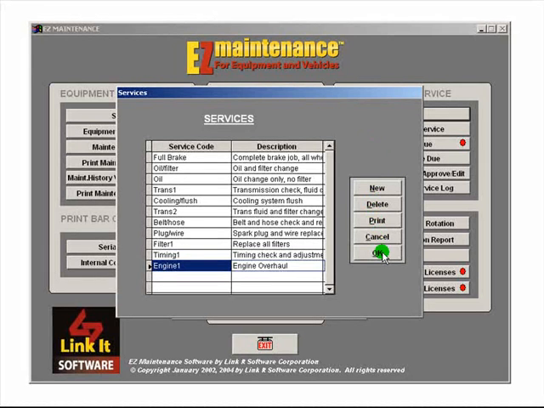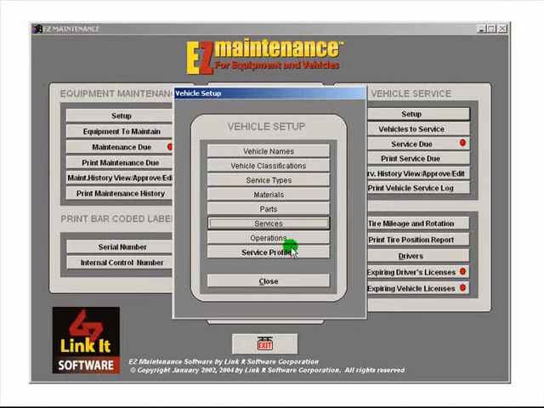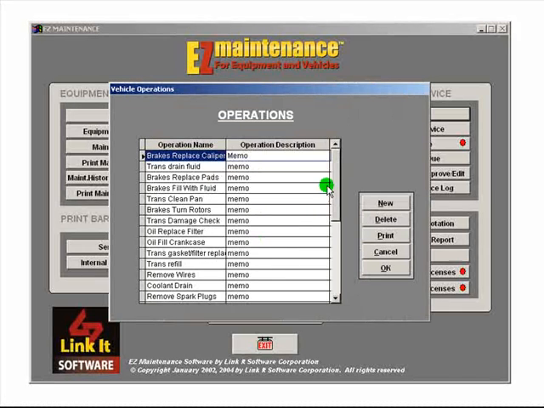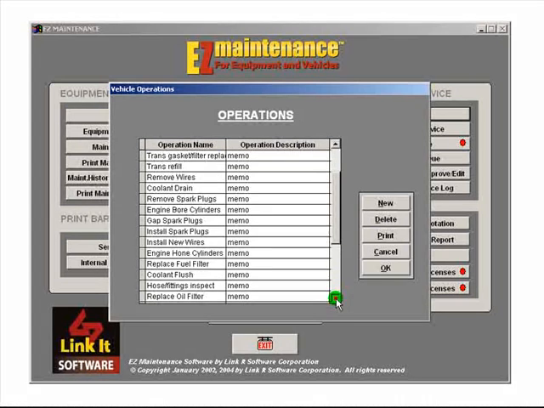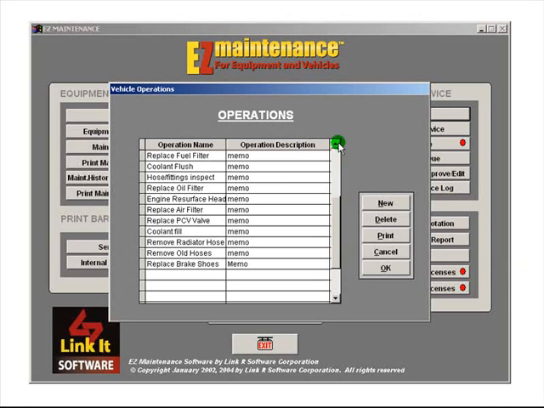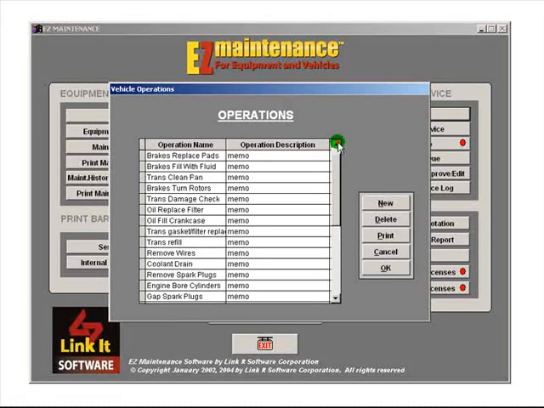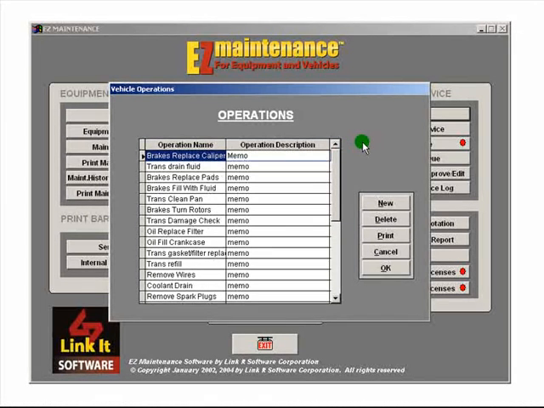We will now click on the Operations button under the Vehicle Setup menu. The Operations data area is where a specific name of an operation to be performed and a full description of that operation can be entered. What these are used for later on is for work orders. When a work order is printed, it can contain on it a list of everything that needs to be done for a specific maintenance on a vehicle,